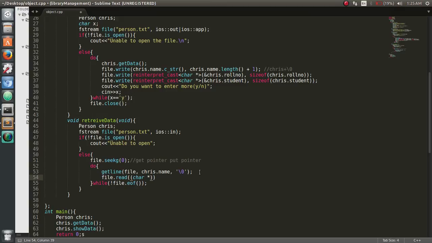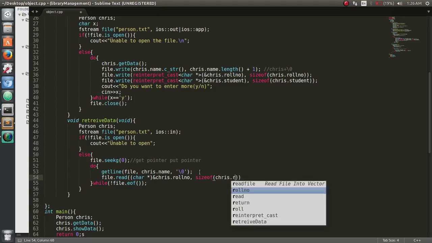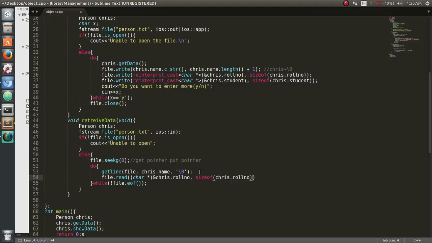So I'm going to use this syntax for roll number, and I'm going to pass the size of the roll number variable, which is obviously the int. And this line, the same thing, read it again. So I'm going to copy paste it, roll number, student variable,